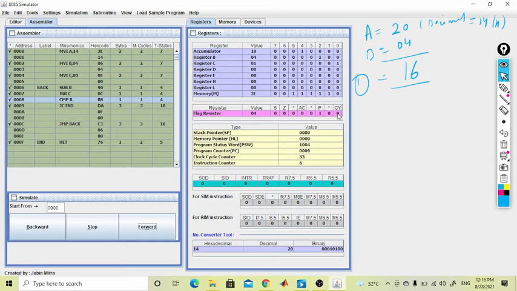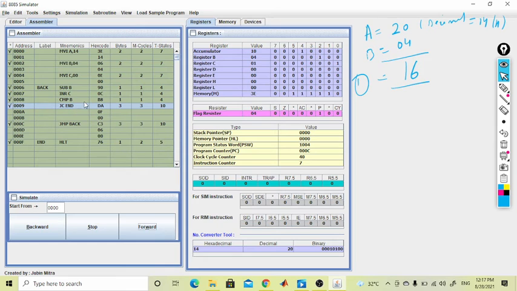Carry will be generated when the accumulator value is less than the value of B. And if zero is generated, then both values are equal. Now let's see again: jump if carry. So see, there is carry or not. Here it is 0, so the condition is not satisfied and it will not go to the end position.